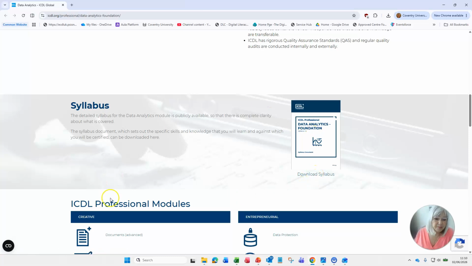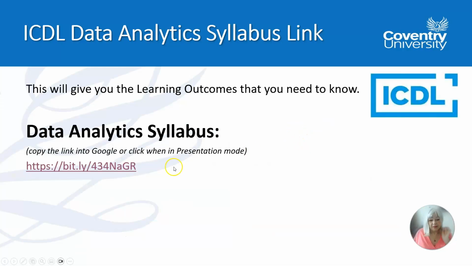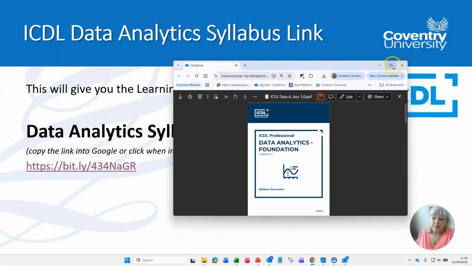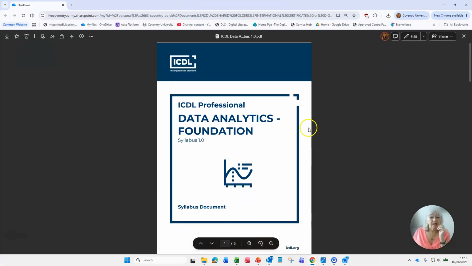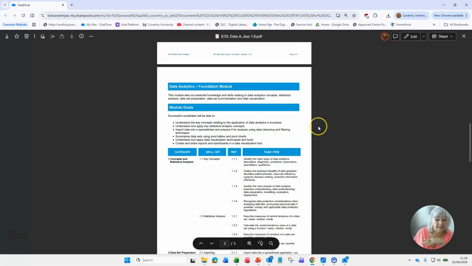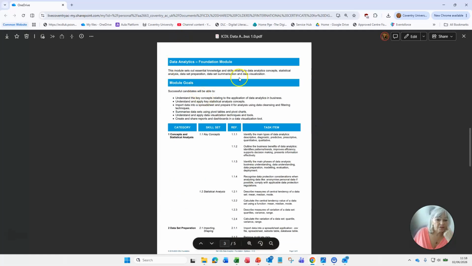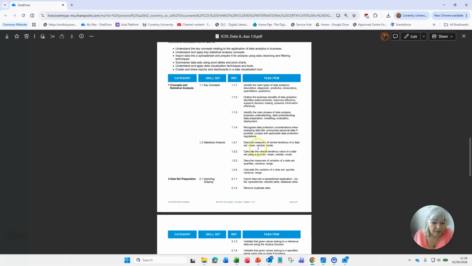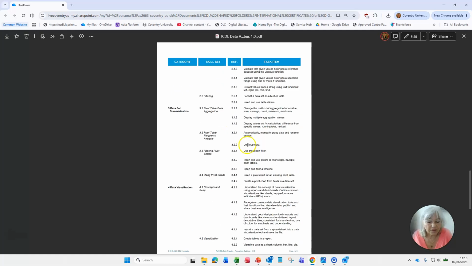So if we look at the syllabus itself, I put a link here for you just to make life easier. So if, like I said before, if you're in presentation mode, you can just select it and that will bring you to the actual thing, which I'm just going to throw up to screen now. So this is where the link will take you to. And you can see the breakdown of the syllabus, and it gives you learning outcomes, and it also gives you all the separate points that you will need to cover